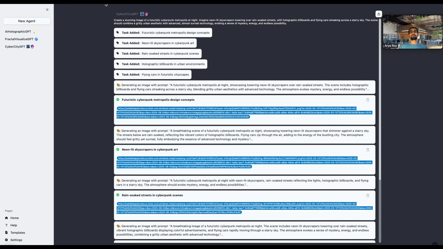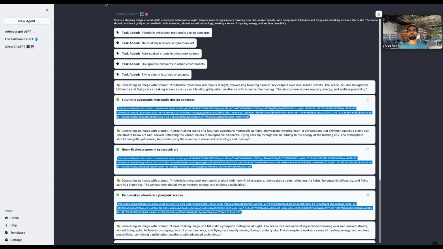It uses image models like OpenAI's DALL-E, my bad, Stability AI's Stable Diffusion to create images that are going to fit your needs. So this is a great tool for designers, for professionals who want to integrate the power of LLMs with AI